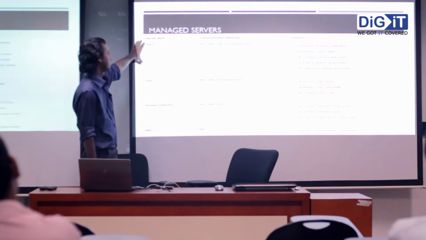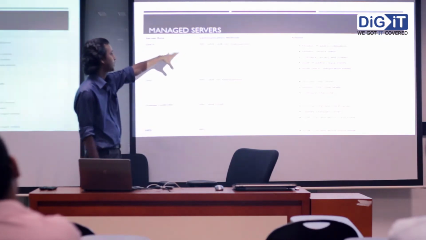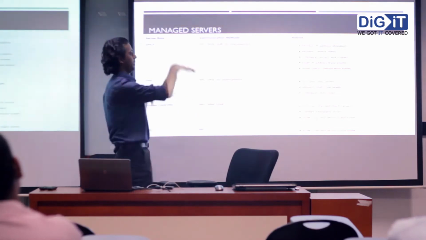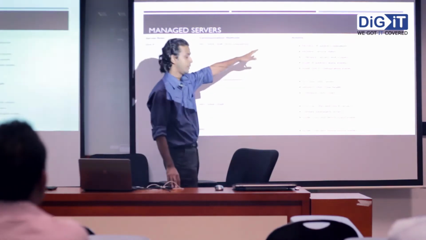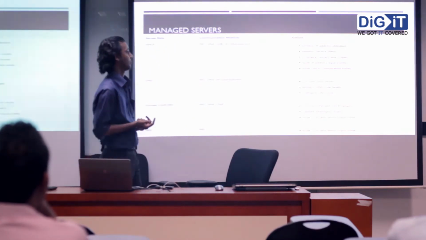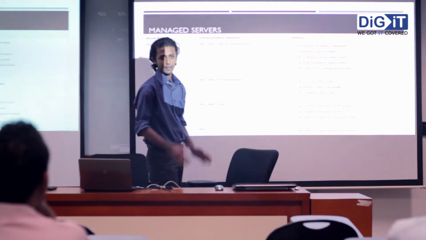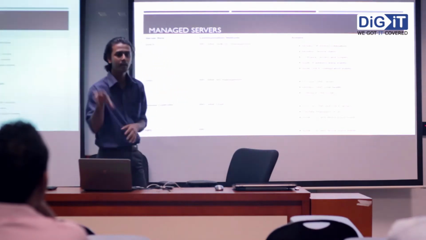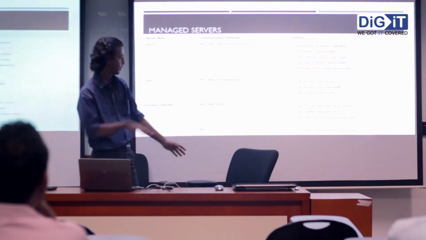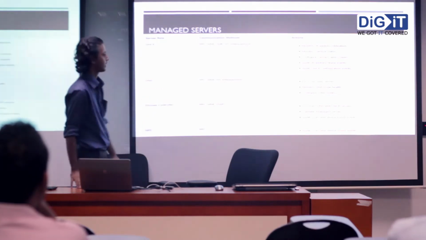You can manage your DHCP server. The protocols used are RPC, WMI, SNMP, like that. What are the actions? You can get the IP address utilization and service status, and configure the servers and scopes. You can add scopes using the IPAM server. We don't have to go to the DHCP console. From a single console, you can add multiple scopes like that.